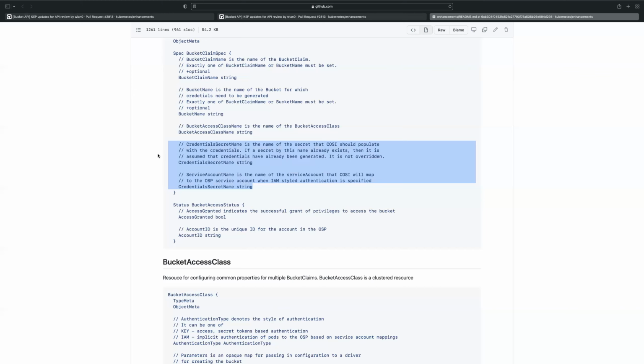Yeah, okay. That to me, because if a user is forced to set a secret name and or service account name and it doesn't really get used anywhere, that's just as confusing. But it has to match your pod service account. So, if not the pod really, it does, because otherwise you are not portable to a driver that's using IAM.